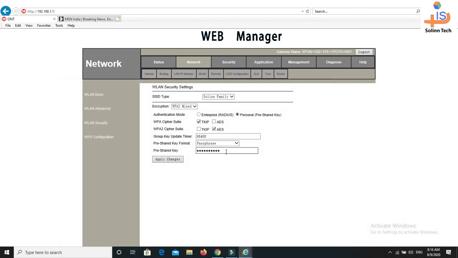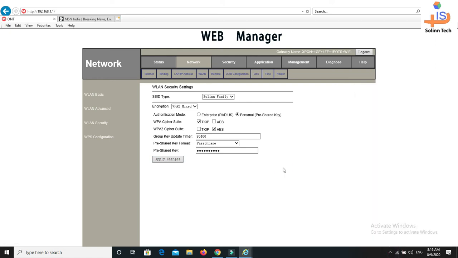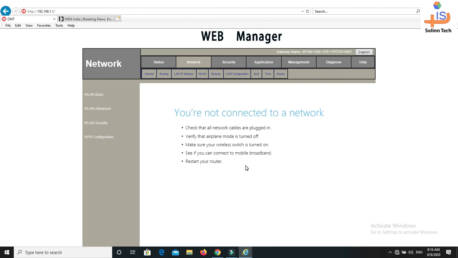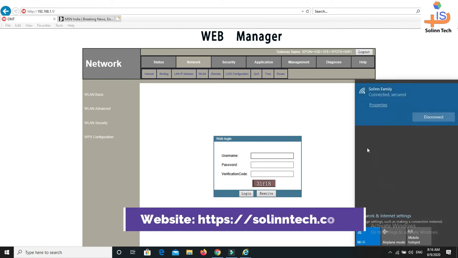When you change your pre-shared key, you need to click apply changes. Now as my pre-shared key is the very same, this is what you can do. This is all I have for this video. As you can see, now we went out of the page because we were not connected, because we changed the password. As we kept the very same password that we had earlier, it has connected by itself. So this is all we have for our video.